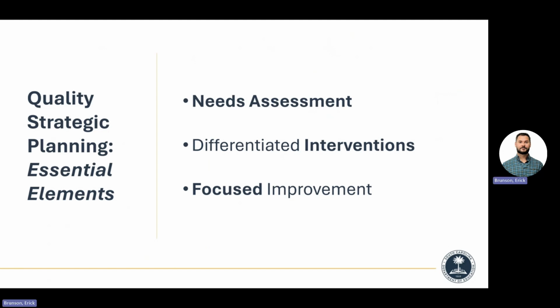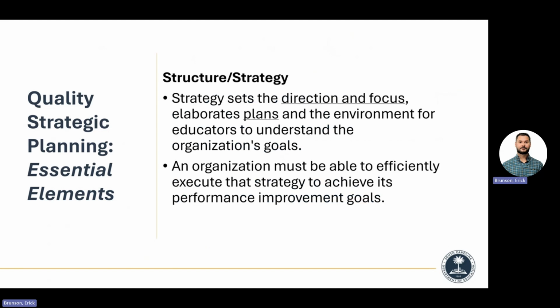So a lot of times less is more with this process. Really try to find those things that are going to be strategic and focus on them. Don't get bogged down thinking that more goals is better. I'd rather you have fewer goals that are really good, deep dives into what you can do to strategically help your kids. So I'm going to break down the school improvement process into 2 areas.